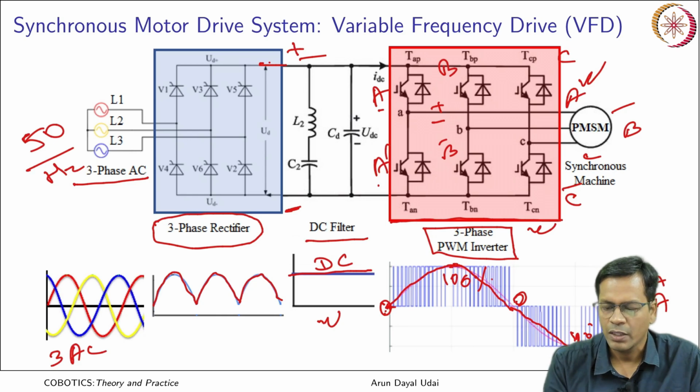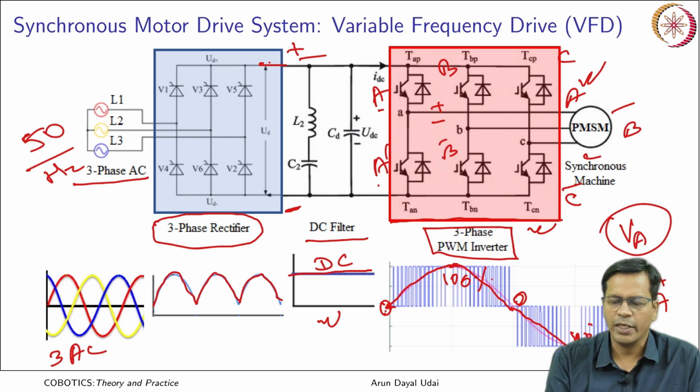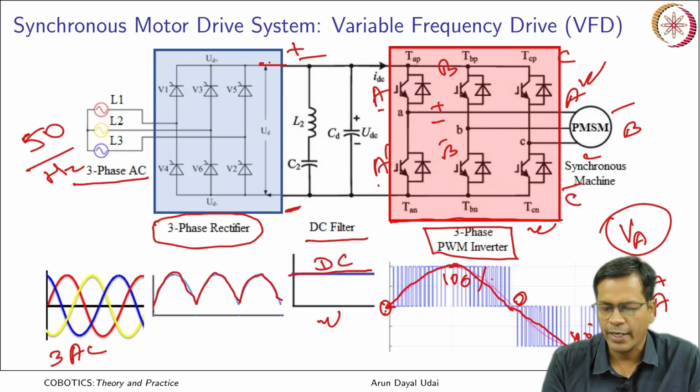So this is how an equivalent voltage is generated in phase A, which is equivalent to the signal that you want. Okay, so each signal should be at its own phase. If A is at 0 degree phase, B should be at a phase of 120 degrees, and C should be at 240 degrees.